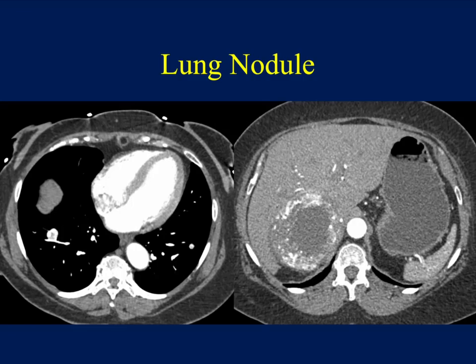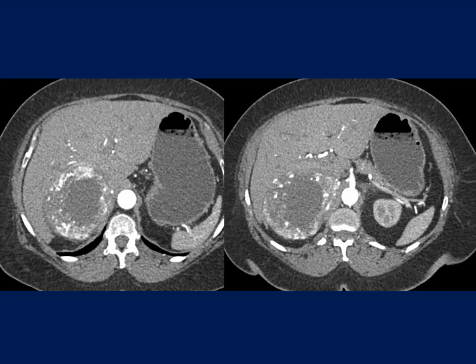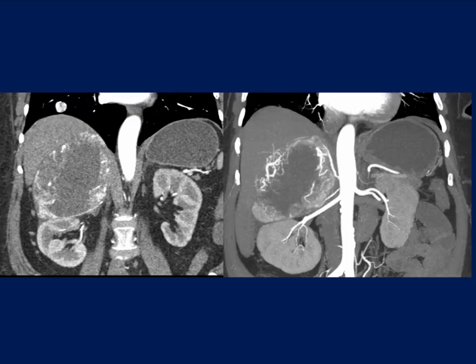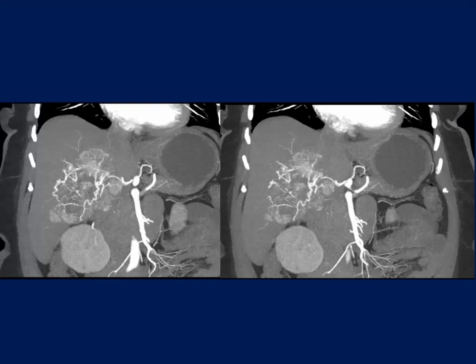What about this case? A patient was being evaluated for the lung nodule, which is very vascular, and there's a large necrotic vascular right adrenal lesion. The rim is enhancing, the center is necrotic. This was a pheochromocytoma, a very vascular, peripheral, very central necrotic pheochromocytoma. Look at that neovascularity. So you can see with cystic Theos,